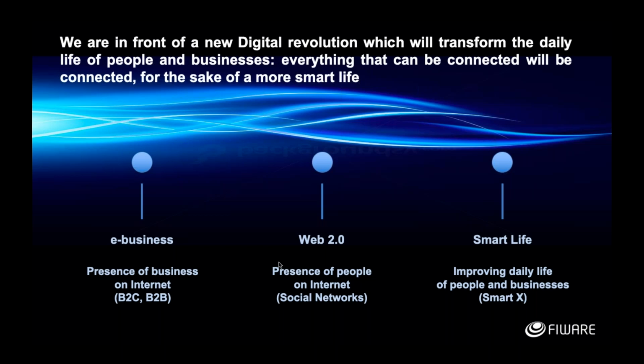We've gone from simple B2B, moving up to actually getting people to talk to each other over the web, explain what they're doing, what have you. And now it's a situation where machines, devices, robots are able to talk to the internet and explain what is going on. And this is the idea behind Smart Life.